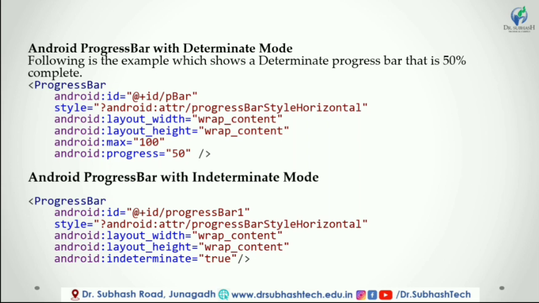Only the cycle animation will be shown to indicate that some progress is happening, like as shown in the progress bar loading images. By using the progressBar.setIndeterminate method in the activity file programmatically, or using the android:indeterminate="true" attribute in the XML layout file, we can enable indeterminate progress mode. Following is the example to set indeterminate progress mode in the XML layout file. This is how we can define the progress mode in a progress bar based on our requirement in an Android application.